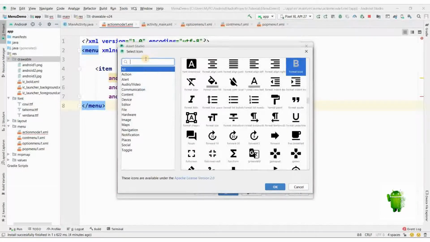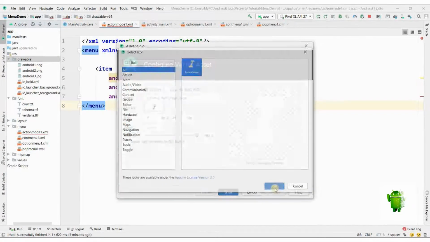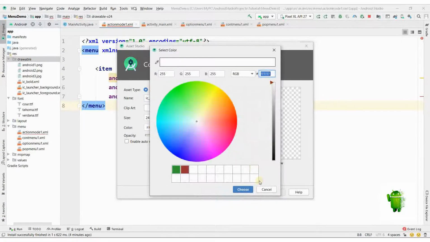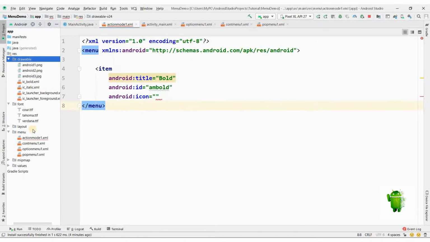Now we'll search italic, choose this particular icon. We'll change name here so we don't have to refactor it. We'll right click here and change color, keep this color to FFF. By default it will display white color, and the vector has been created here.